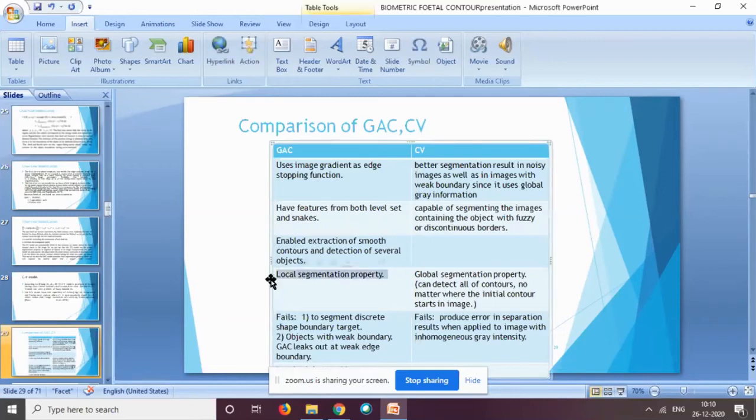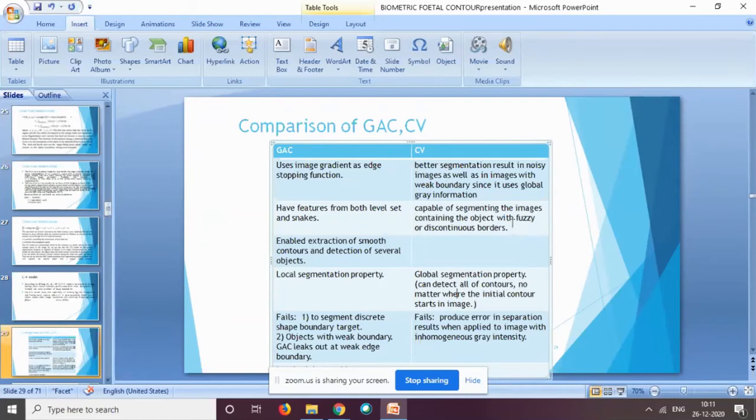It exhibits the local segmentation property, whereas the CV model supports global segmentation. The basic advantage of the CV model is that no matter where you have initialized the contour, the objects will be segmented. In a noisy image, the performance of the CV approach is better than the GAC model. Even if the boundaries are fuzzy or discontinuous, the Chan-Vese model is able to segment those objects.